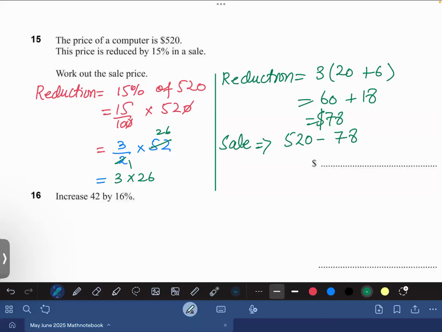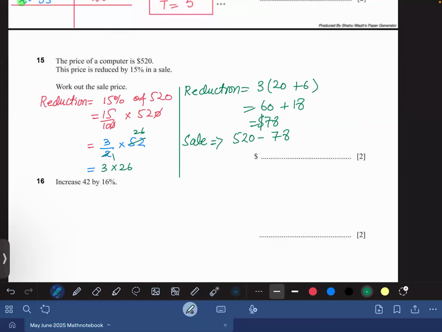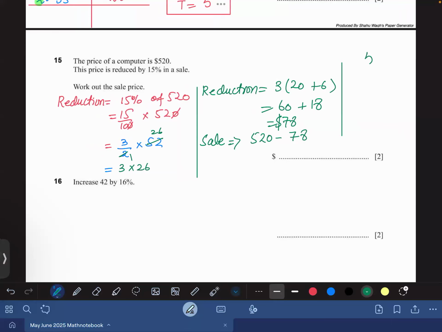So 520 minus 78 is how much? रफ वर्किंग में माइनस करना किसी को नहीं आता तो आज सीख लो, शर्म की बात है अगर किसी को नहीं आता। और ये हमेशा आपको लोग बोलते थे कि शर्म की बात है, कोई शर्म की बात नहीं, आज सीखो. 10 minus 8 is